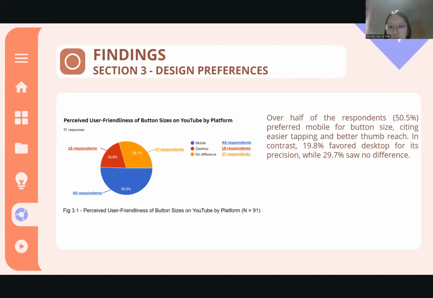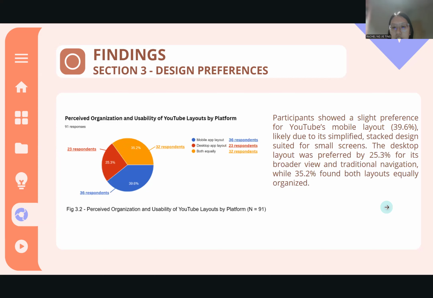Over half of the respondents preferred mobile for button size, citing easier typing and better thumb reach. In contrast, 19.8% favored desktop for its positioning, while 29.7% saw no difference. Participants showed a higher preference for the YouTube mobile layout, likely due to its simplified and stacked design suited for small screens. The desktop layout was preferred by 25.3% for the broader view and traditional navigation, while 35.2% found both layouts